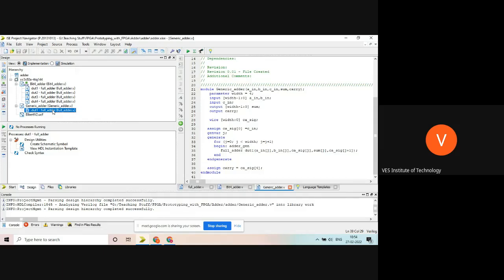Okay, is this code understood? Is there any question? Now what is the advantage? Sir, at the end you have given ca sig 4, how will you come to know that 4 has to be there? Madam, width is variable, right? So how will you come to know ca sig 4 has to be given to carry? Because that is the last width, right? So you can write width here instead of that.